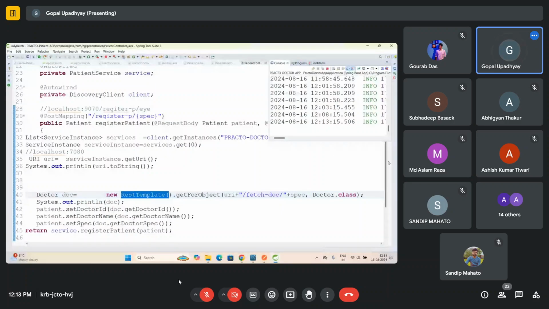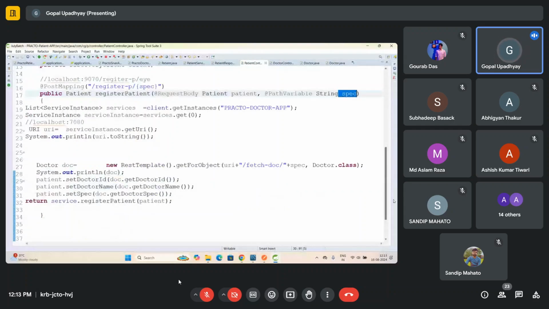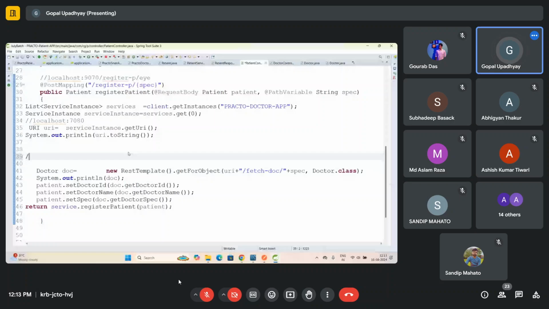तो स्पेशलाइजेशन यहाँ से आ रहा है, यहाँ से स्पेशलाइजेशन वेरिएबल में स्टोर हो रहा है, और इसको मैं यहाँ पे पास कर रहा हूँ, देखिए फेच डॉक्टर स्लैश स्पेशलाइजेशन। तो ये यूआरएल ऐसे बनेगा, लोकल होस्ट कोलन 7080, हाँ पोर्ट नंबर, फेच टाइप और फेच डीओसी स्लैश स्पेशलाइजेशन।